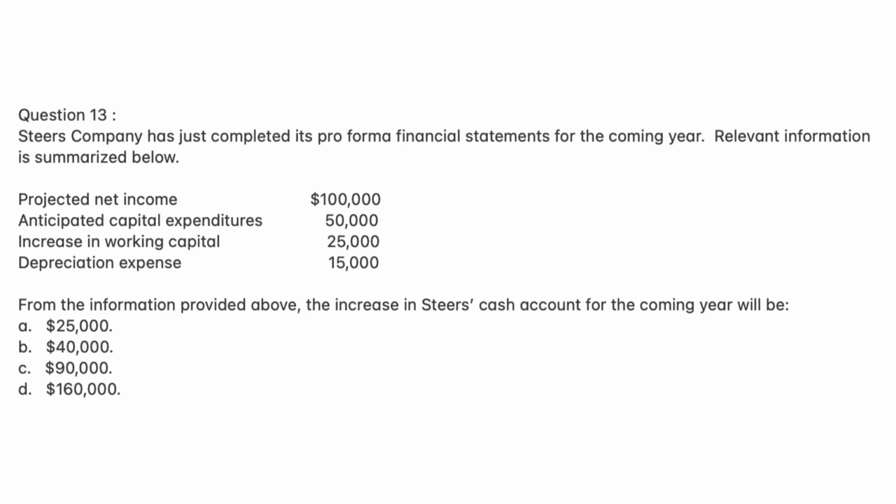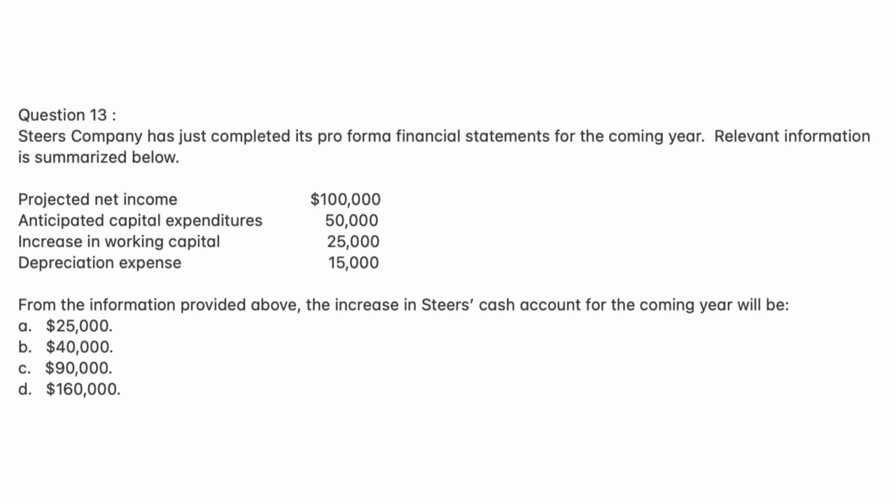Question 13. Steers Company has just completed its pro forma financial statements for the coming year. Relevant information is summarized below. Projected net income $100,000. Anticipated capital expenditures $50,000. Increase in working capital $25,000. Depreciation expense $15,000. From the information provided above, the increase in Steers' cash account for the coming year will be